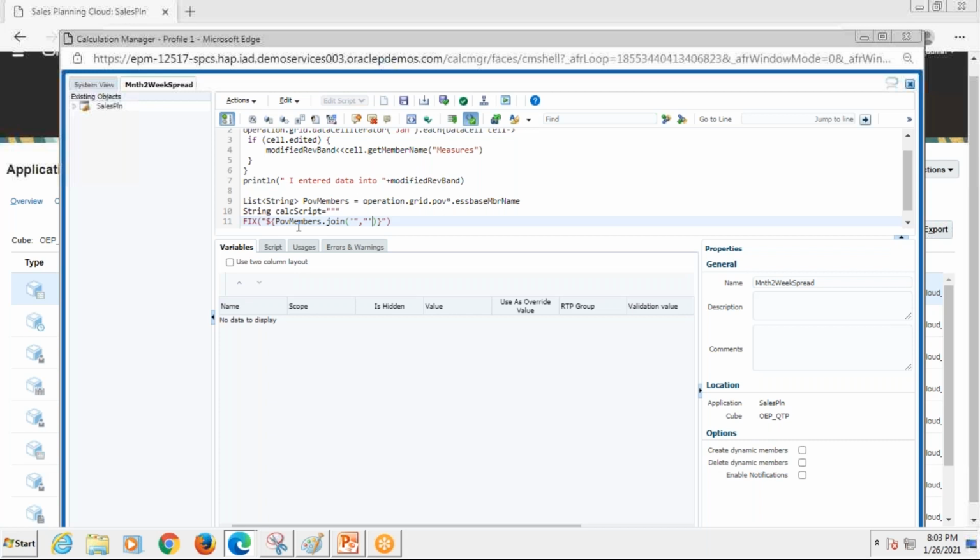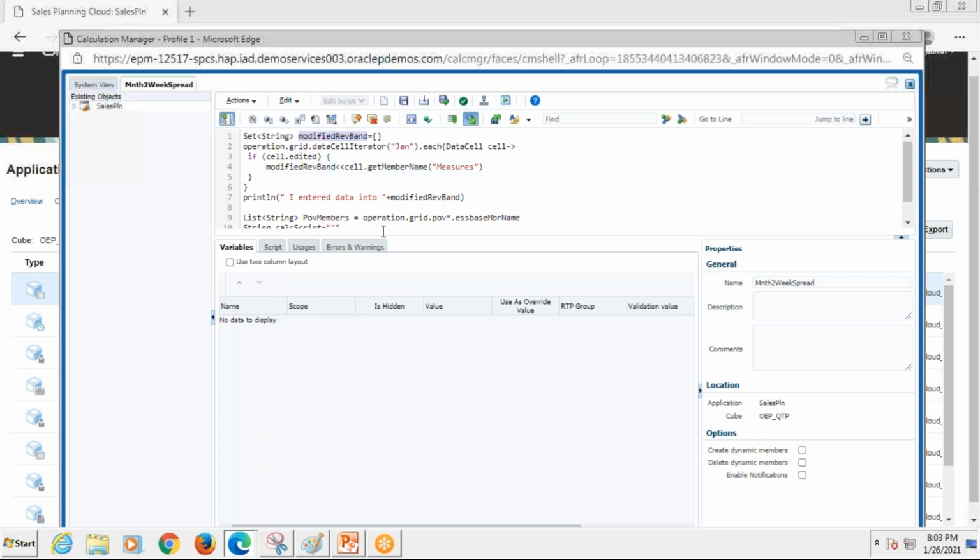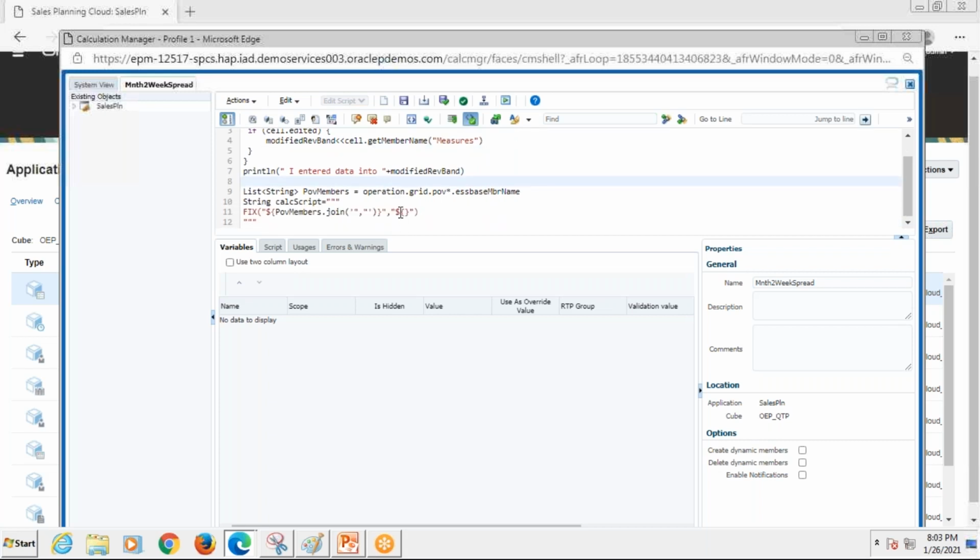Once we have this much part available, we can introduce our page information, and that again will go under double quotes, dollar sign, quotation, curly braces, and then we can use the first part which we created, modified in the band. Just proceed over here, indicate it over here, because it is also a string type.